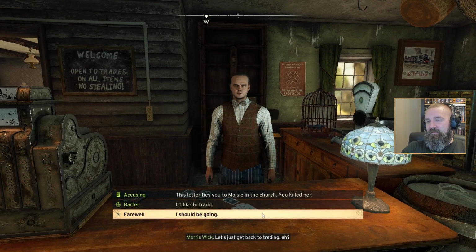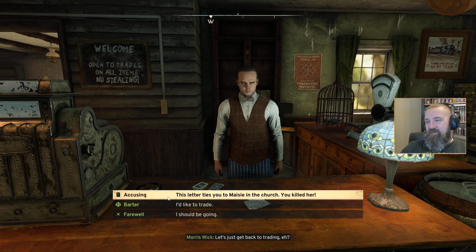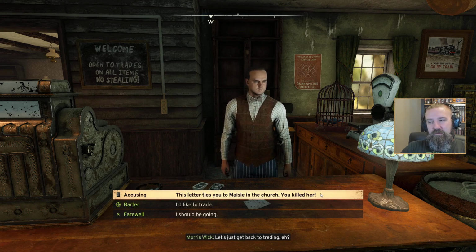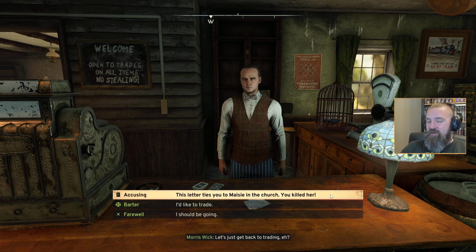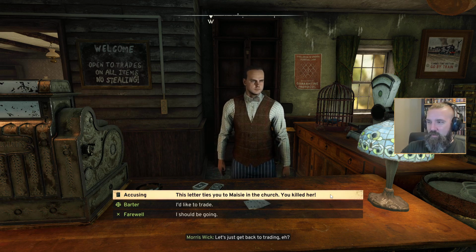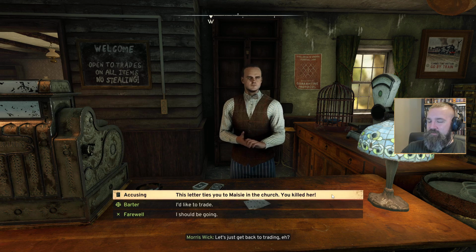I mean, okay. Like, you're not hurting anyone, you've killed someone, or was that not you? I am gonna accuse him of it, and we'll see what happens. It might be that he is gonna say, no, it wasn't me, it was someone else. You have to find more evidence or something like that, so...